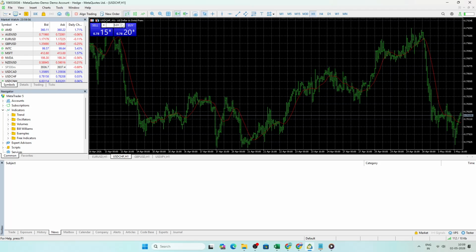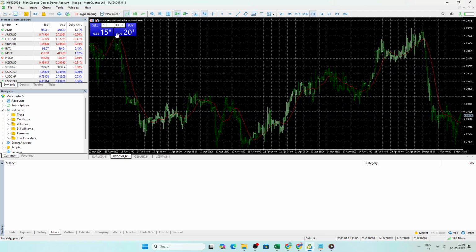If you don't see the panel right away, look to the very top left of the chart. Just below the instrument or pair name, there is a small arrow or button. Click that arrow to expand the one-click trading panel. This arrow acts as a toggle, so you can click it again anytime you want to hide the panel and free up chart space. Remember, the panel is chart specific, so you can show or hide it on each